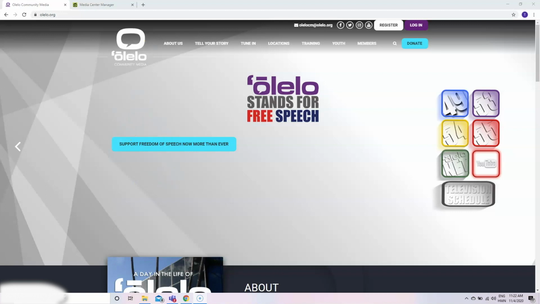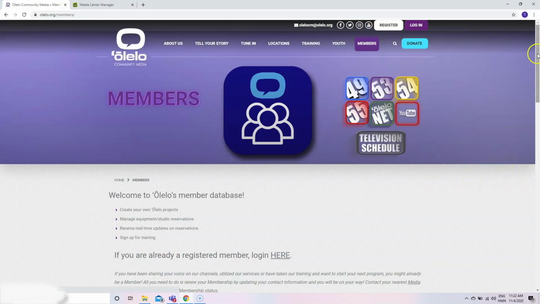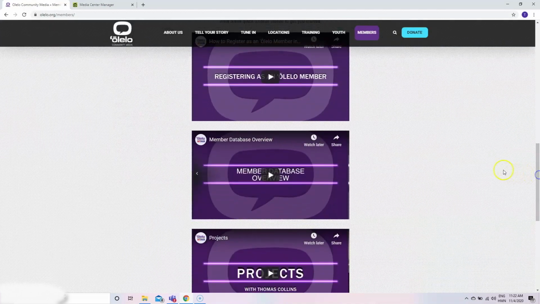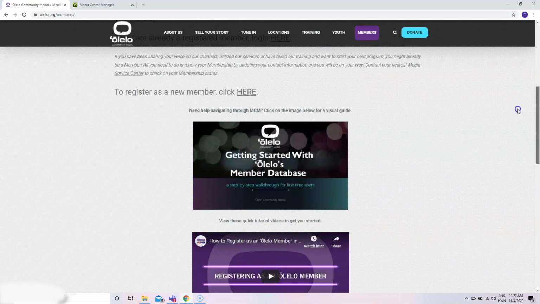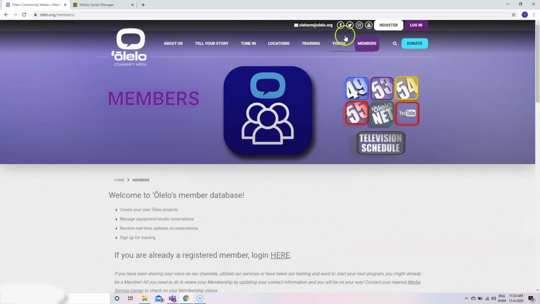by going to our website, olelo.org, and finding the Members tab, giving it a click, and then once that next page loads in, scroll down and you'll see the various tutorial videos teaching you how to register as a member, giving you an overview of what the database can do, and also how to create projects and reservations within the database. The second very specific thing that you need to make sure of when you're submitting your video online is